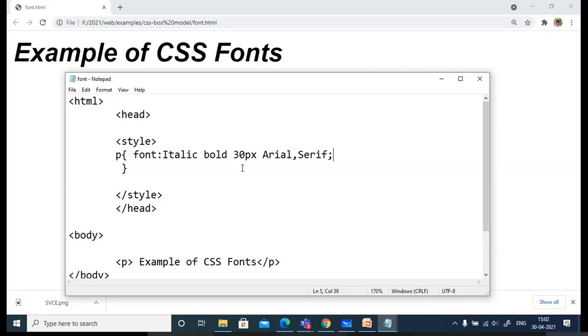Not only font, even if you are taking the background property, whatever other properties come under background, you can specify in a single line. So this is all about the font. So next I'll just go with